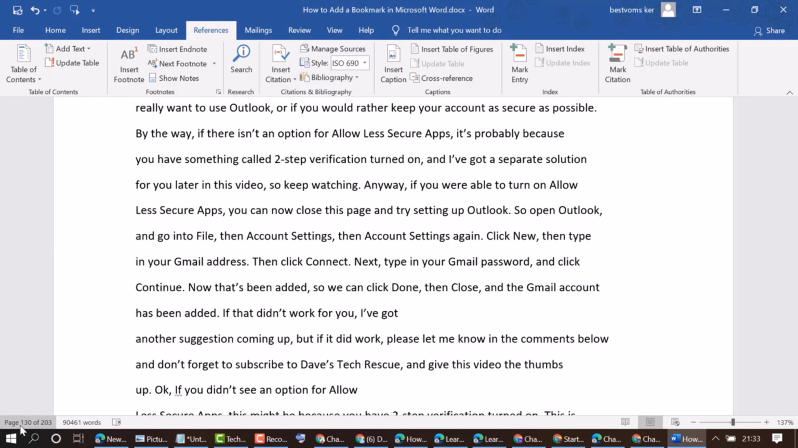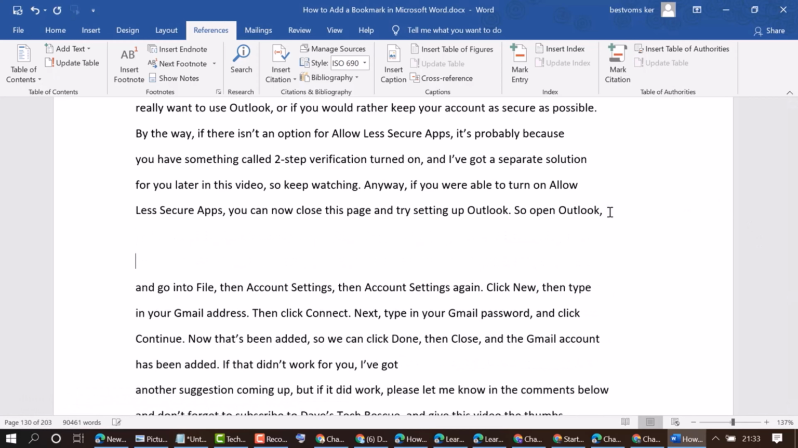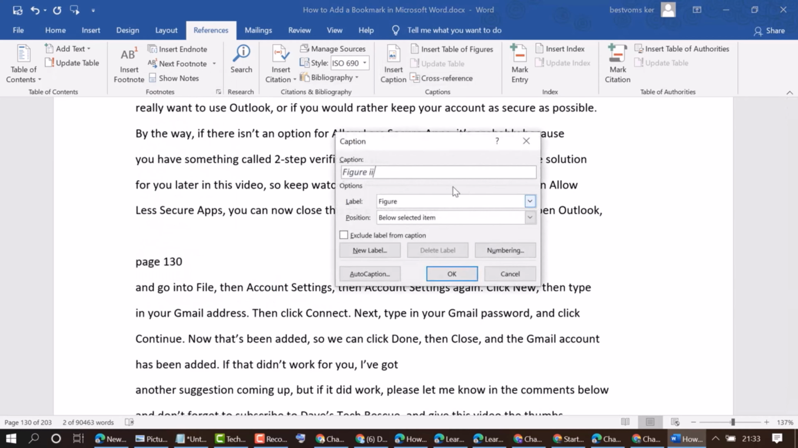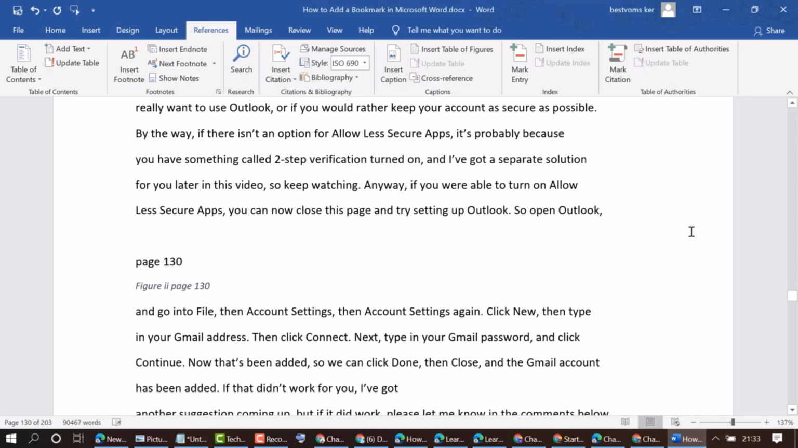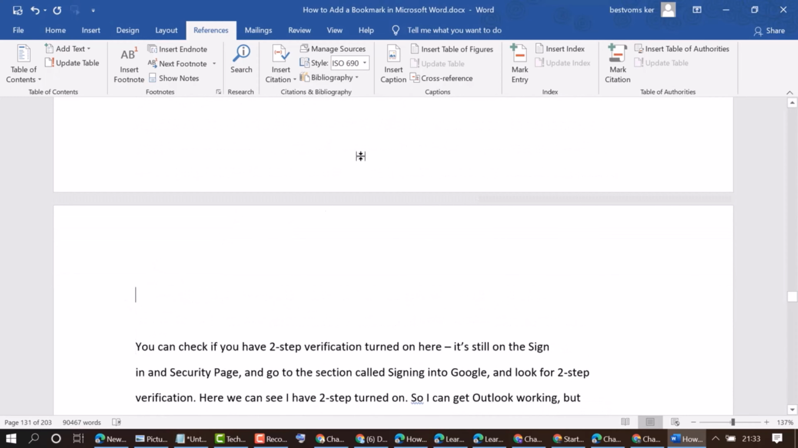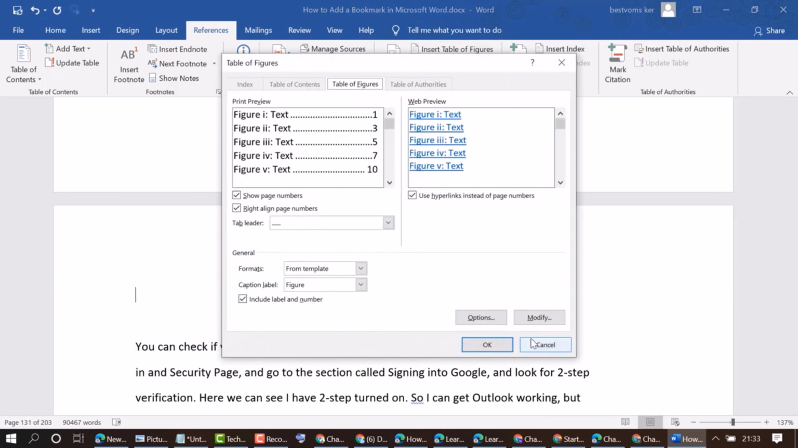Another example, we have the now page number 130. Okay, so we will write here. Now copy this one and type here figure second, page number 130. Now click on table of these figures and you can change style